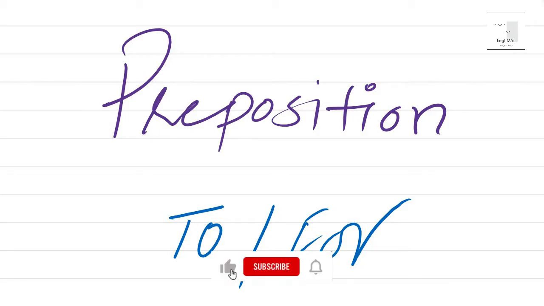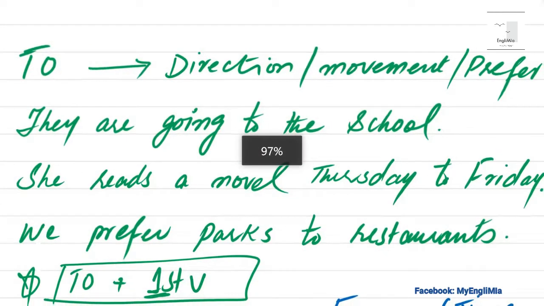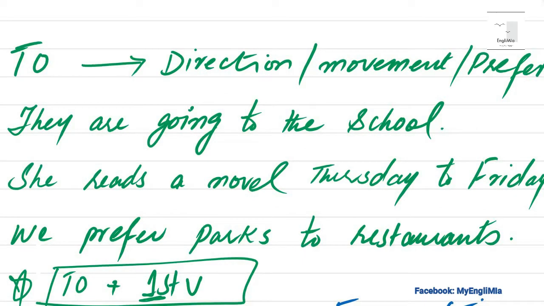In the series of how to improve your grammar, today we are going to discuss prepositions once again, and those prepositions are "to" and "for". "To" is a preposition which is used to tell direction, movement or preference. Let's see the examples through which you could easily understand when and how we use "to" in